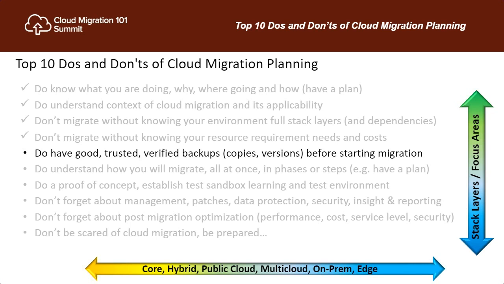Okay. So having said that, do have a good and a trusted backup, i.e. copies, checkpoints, versions, before you start your actual migration. In other words, do you have a good copy that if something happens, you can refresh, whether it's a classic backup, whether it's a snapshot, a checkpoint, a consistency point, and have that at different layers, at different elevations, that you can go back, if you get into a bind, that you have that ability to go back in time to restart the migration or to refresh that process